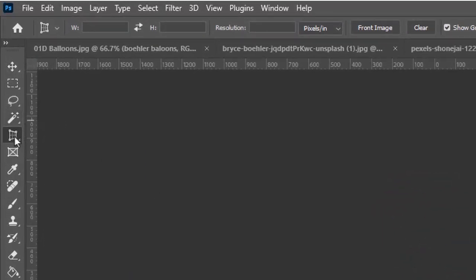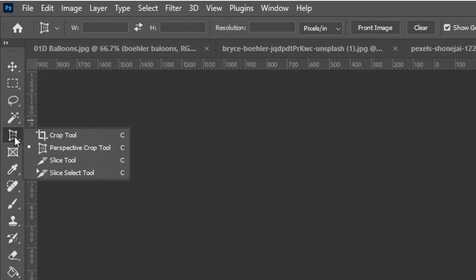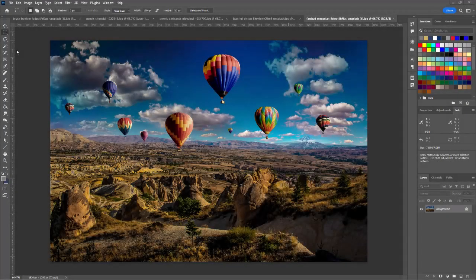There's also two more tools under here, which is the slice tool and the slice select tool. The slice tool is used to divide an image into separate image files for use in a web page, perhaps in an HTML table, and maybe to create different sections of that image as buttons. So I can select the slice tool, and maybe I want to make this balloon a separate image on a web page and use it as a button. I can create a rectangle with the slice tool,